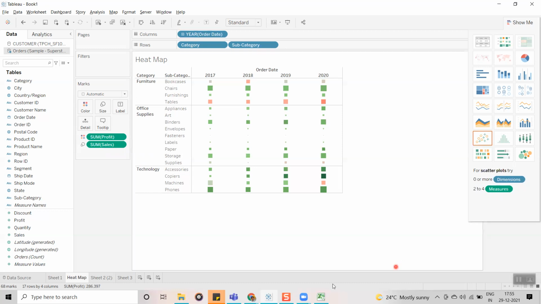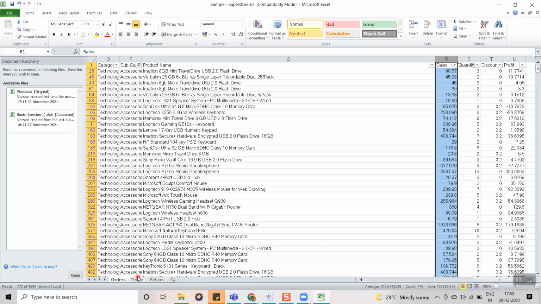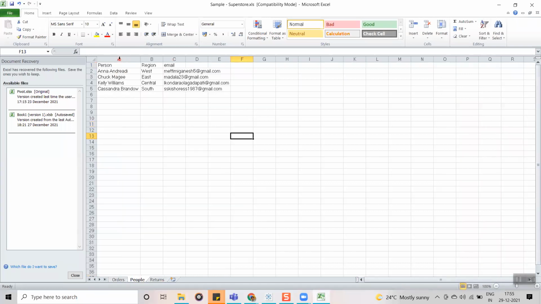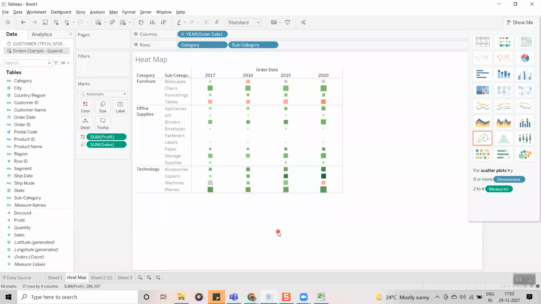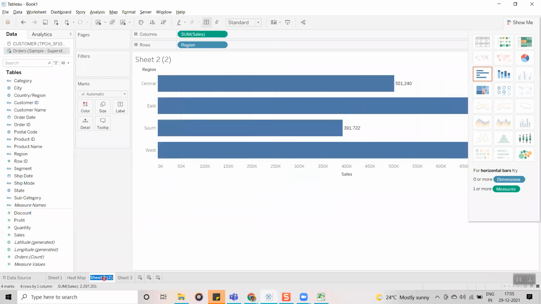In the Excel sheet also, if you observe, this is one cell and this is another cell, right? Here we are showing some data. If you want to highlight, you can give the background color for it. The same way in Tableau also, by using highlight tables, based on the value, we are going to give some background color for your data. So this is highlight tables.